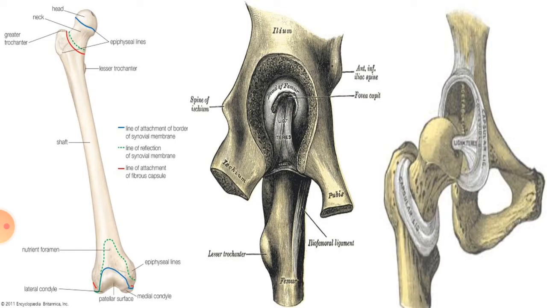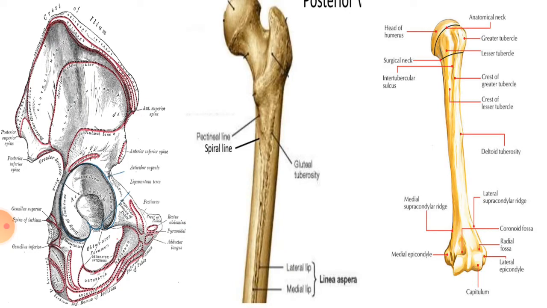Then come the facets, and facets are basically small, smooth and flat areas of the bones. There are articular facets, and these can be flat and covered by the articular cartilage. Examples include the heads of the humerus and femur, the knuckle-like condyles of the femur, and also the trochlea of the humerus. Let's look at their images.